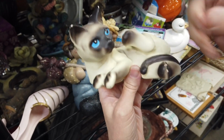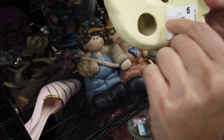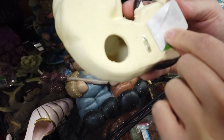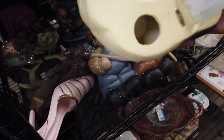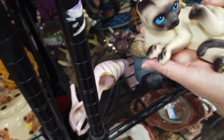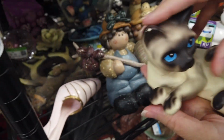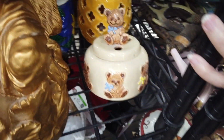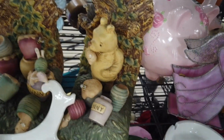And then we saw this cute Siamese Cat Figurine, and I just thought it was really cute that it was just laying there. It did say made in Taiwan, which sometimes can mean vintage, sometimes not. But it had a lot of chips, and we were kind of unclear what the cat was doing, if it was about to lick itself or what. So we just left it there, moved on